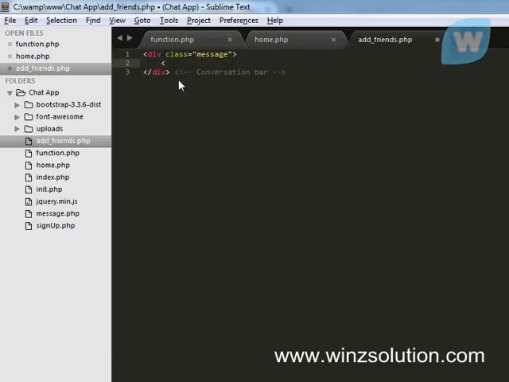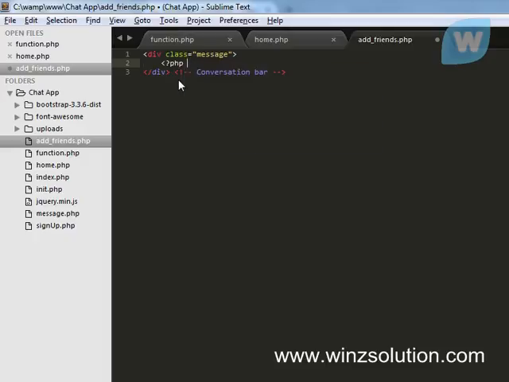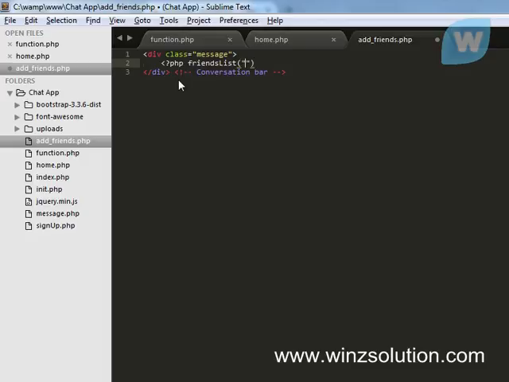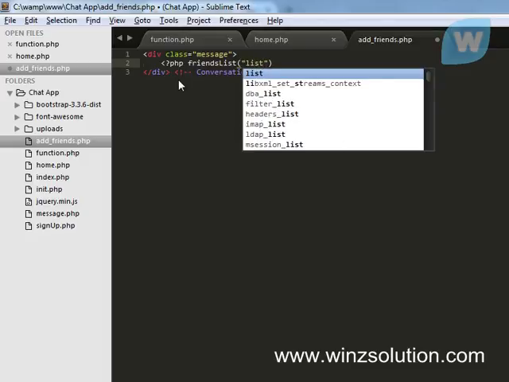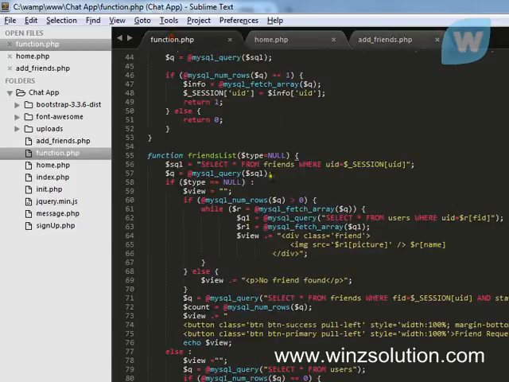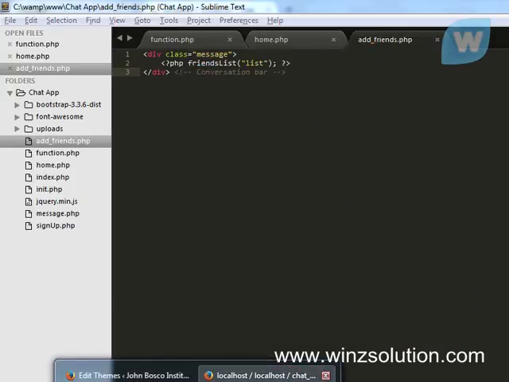Say PHP and friends lists, and it's going to be, let me say, lists. So that's it. But we use the type to be null. You can type anything. So when I go here,